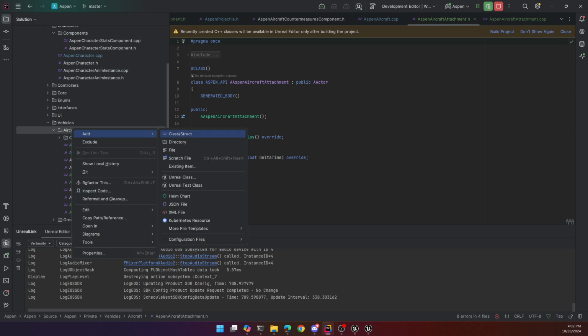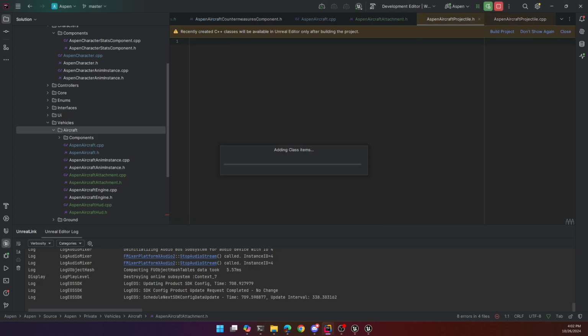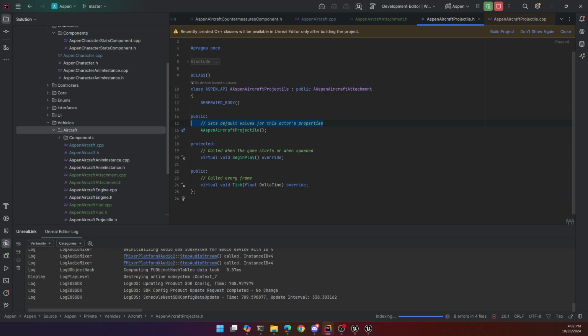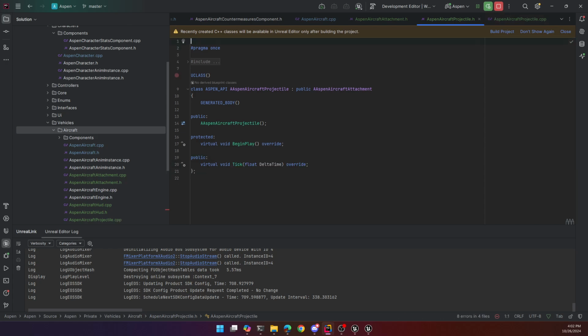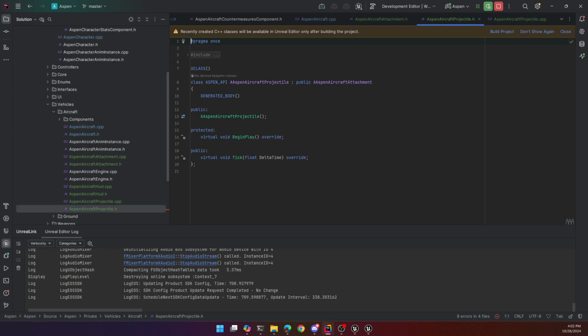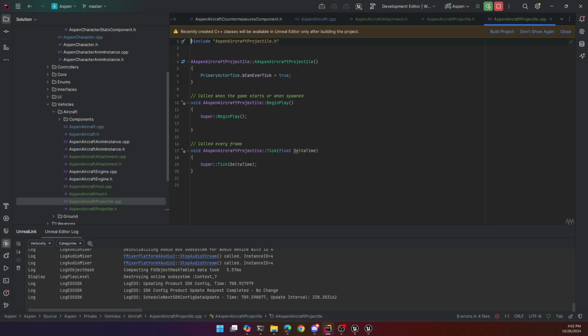And then Aspen aircraft projectile. There we go. So now this is inheriting from attachment. And it's really going to have everything that the projectile component has in it, so I'm going to copy that